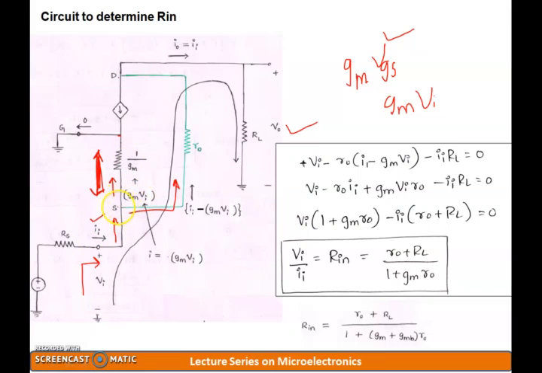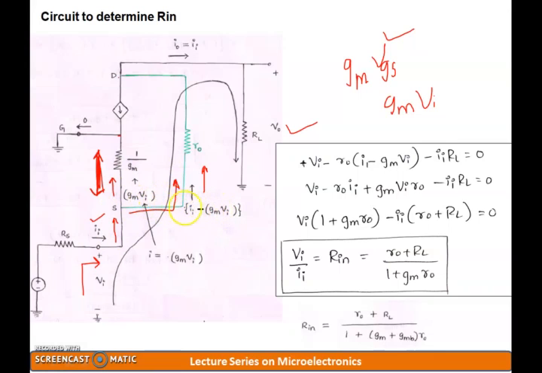Now what will be the current that will be entering R naught? The remaining current between these two currents will be entering over here, which means II minus this current. Whatever current has gone over here, the rest of the remaining current will be entering over here. So II minus Gm into Vi will be the current that is entering your R naught path. Again, if I apply KCL, current entering the node must be equal to current leaving the node. You can just cross check. II must be equal to Gm into Vi plus II minus Gm into Vi.